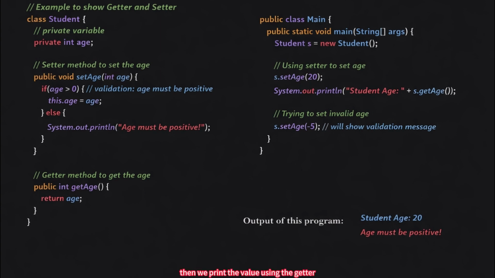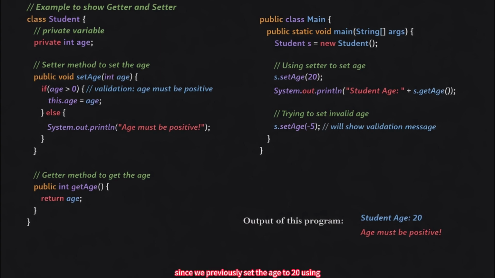Then we print the value using the getter. System.out.println("Student age " + s.getAge()). Now let's understand what happens here. First, s.getAge() calls the getter method getAge of the Student class. Inside the getAge method, we have return age.